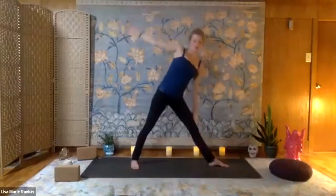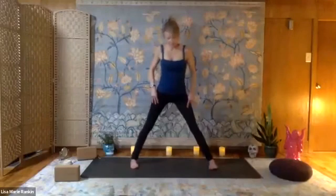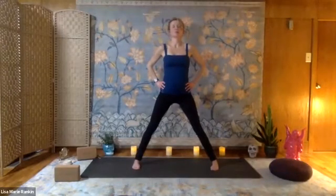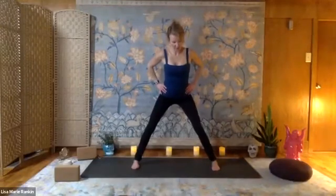Core strength will bring you right back up. You'll pivot to the right. This time you'll have your toes pointing slightly inward, so slightly pigeon-toed. You can have your hands on your hips. On an inhale, we'll look up, so opening up that heart space. And then on an exhale, we're going to start to fold forward, but we're going to come into this forward